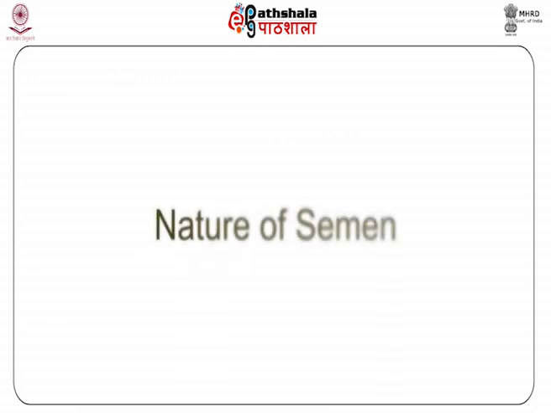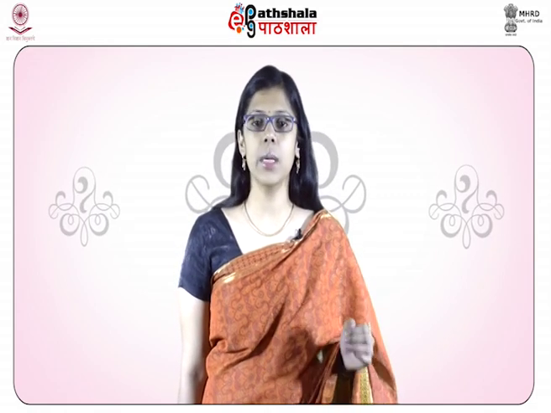Semen. Nature of semen. Semen is found in a liquid form, in smears or stains, or it may be found in the vagina, anus or rectum. Fresh semen is a gel-like fluid which liquefies on exposure to the atmosphere. A normal ejaculation is about 3.5 ml, containing about 30 million sperms. The dry weight is about 7% of the liquid weight.